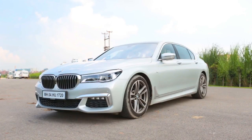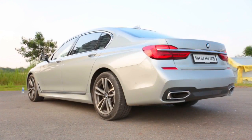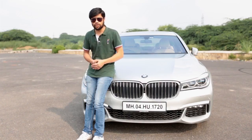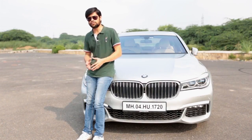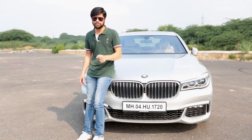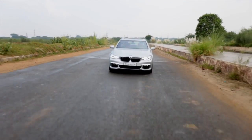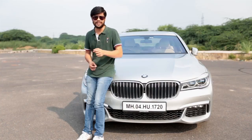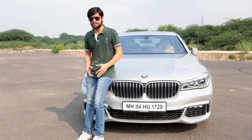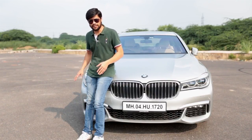But what it misses out in that department, it really makes up when it comes to driving. If you are someone who during weekends or at times even wants to enjoy driving your limousine, that has got to be the 7 Series. It's got a punchy engine, it's got a good suspension, it handles well. Well, it's a limousine, so don't expect it to be as nimble as the 3 Series. But then again, if you compare it to all the luxury barges in this segment, I think this one's the